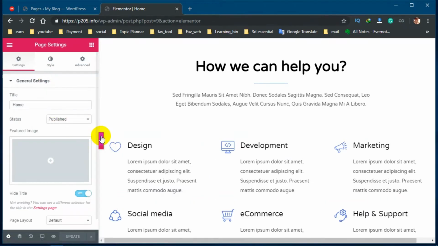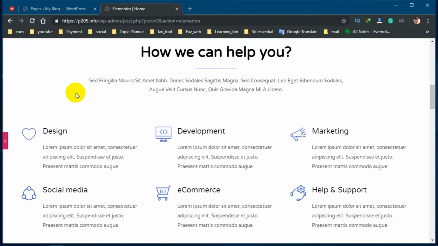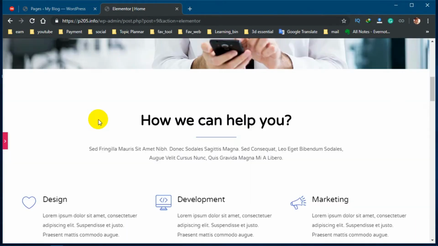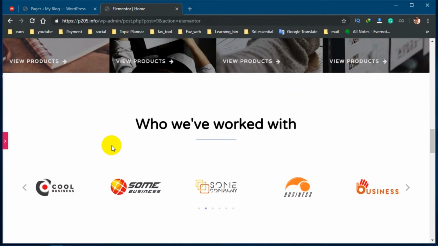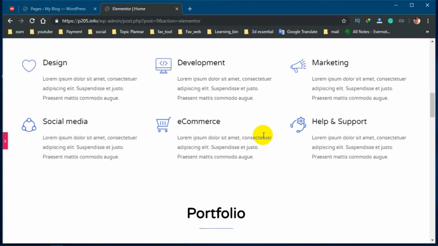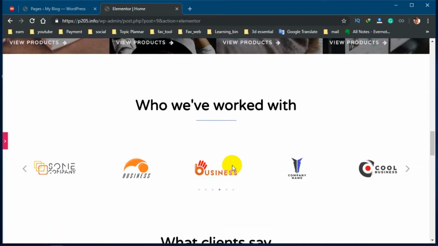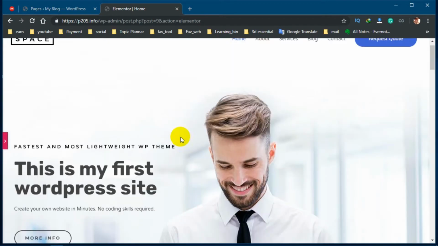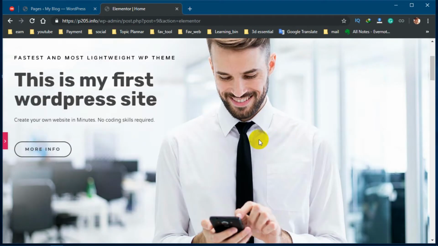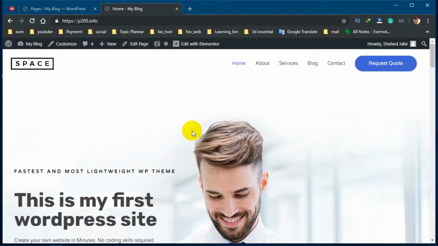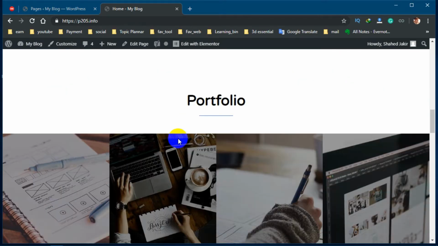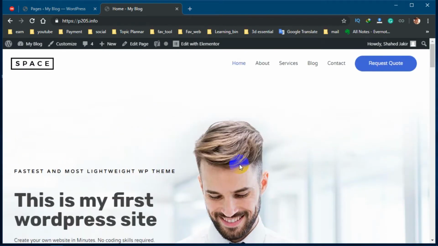Hide your Elementor section by clicking here. Now you can see this is your site. It's very easy. I don't need to tell everything. Just work with this section, work with this editing button, work with Elementor. You will understand everything. You can easily edit your content, but what if you want to edit your header or